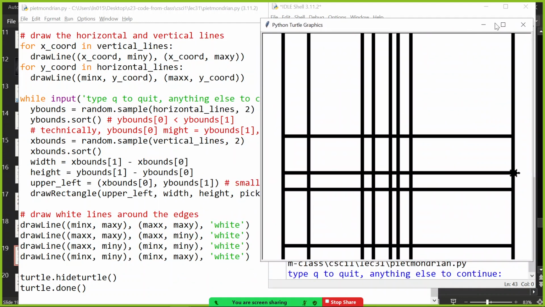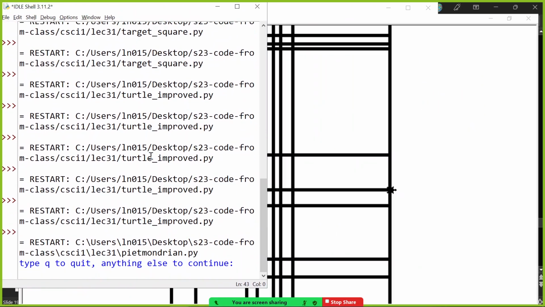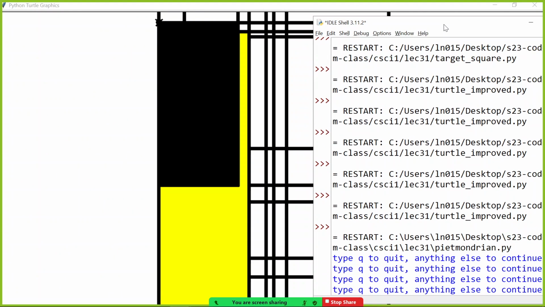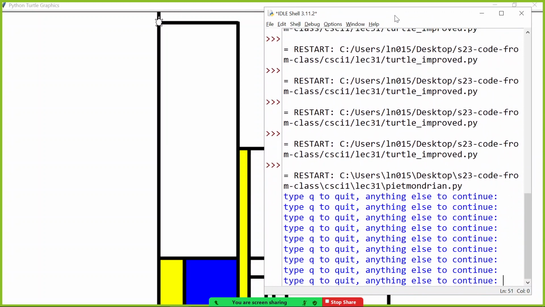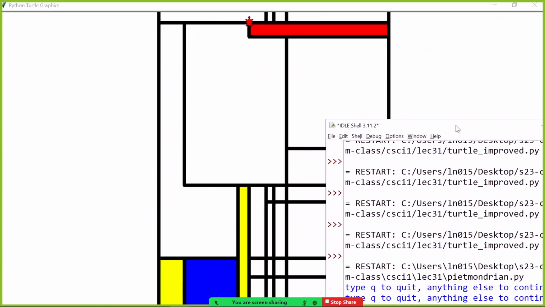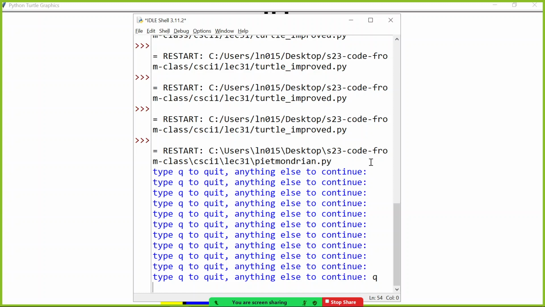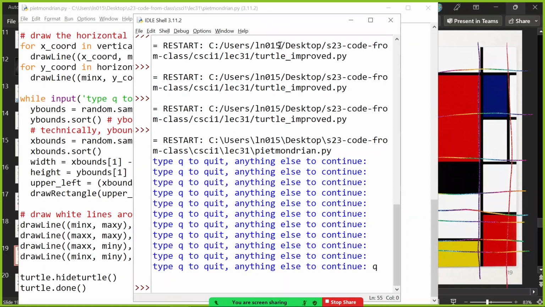There it is, picking random stuff. And then apparently I am making this at the mercy of the user, so keep pressing enter to pick some random spots for things. So there it is, drawing weird things. You could make this fancier, but eventually it'll look nice, and that's when you could stop the program, like Q to quit. And it's random every time. That's pretty cool. Let's see here. And there it goes. So that's a fun example that you could study.